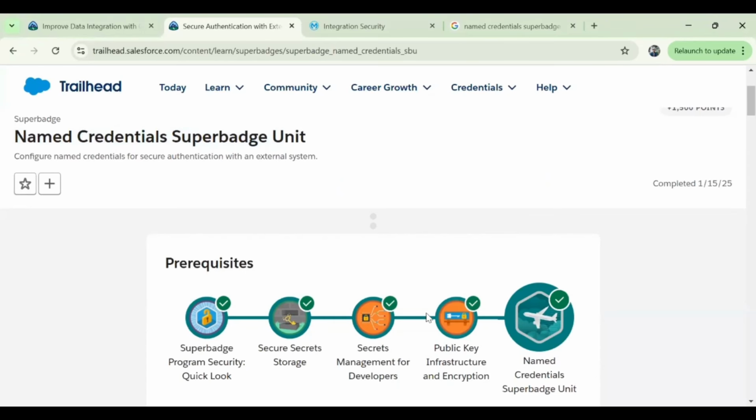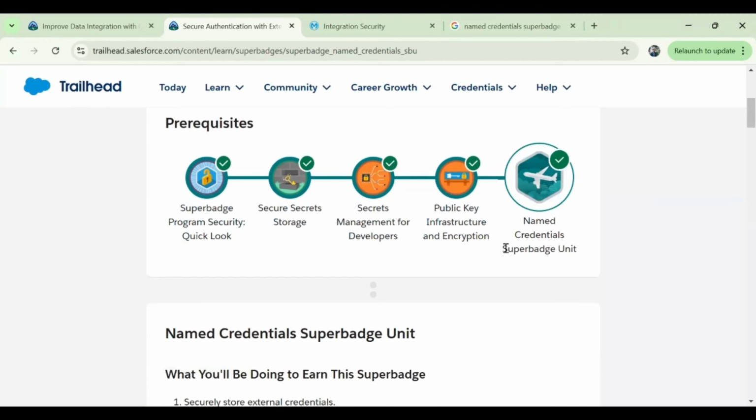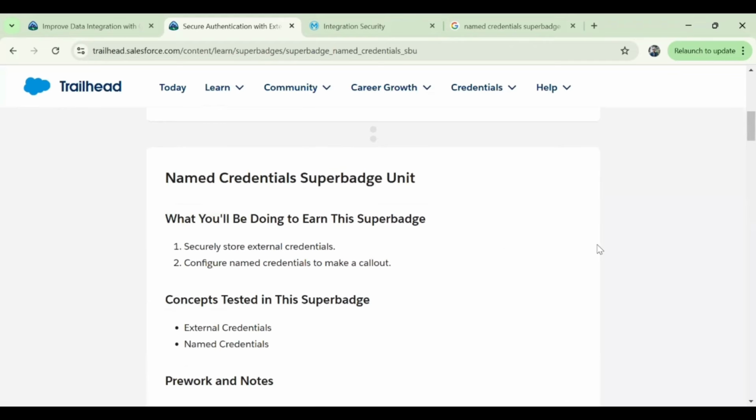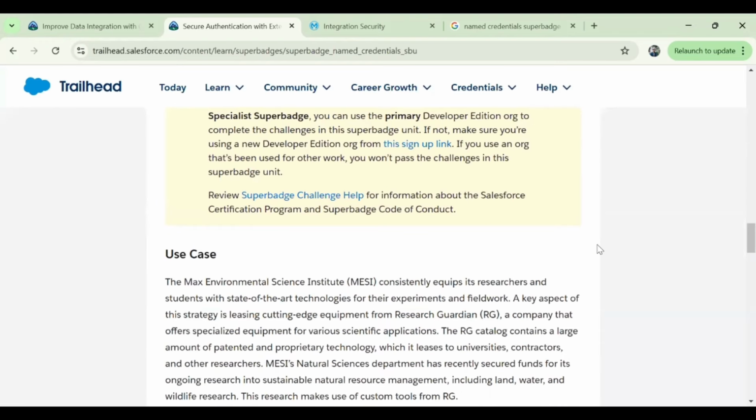Hi everyone. As a part of today's video, we are going to help the people who are stuck in this Superbadge called Name Credential Superbadge unit. As a prerequisite, you should be able to complete all the other badges that are there before you attempt the Superbadge unit. I was able to complete the Superbadge, so I thought of sharing the solution for people who are stuck in